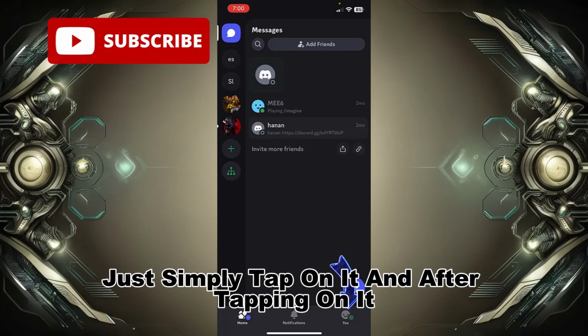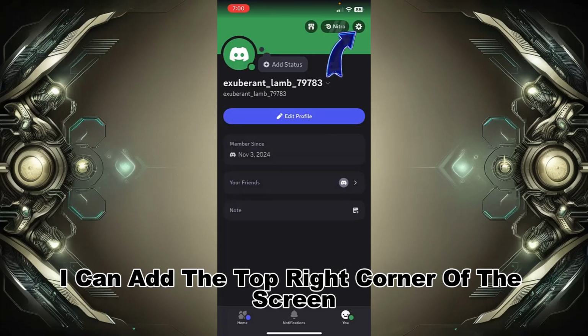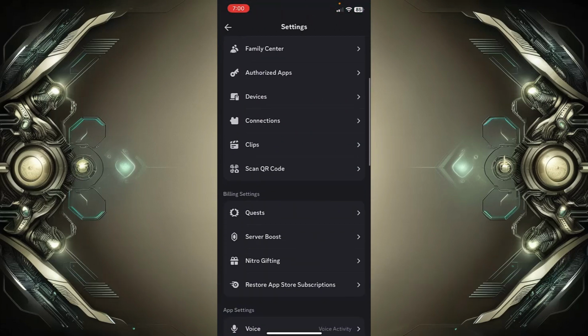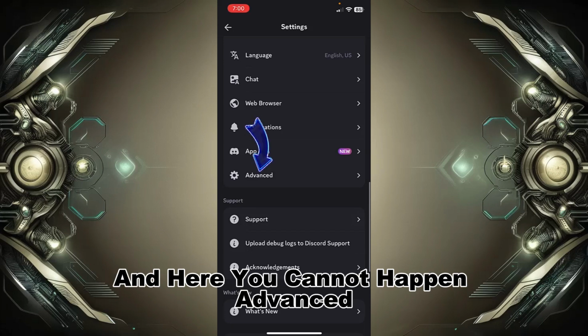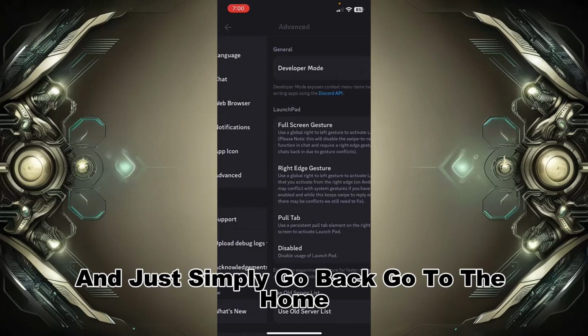Just simply tap on it, and after tapping on it, you can now go to the settings icon at the top right corner of the screen, and after this you can just simply scroll down and down, and here you can now tap on Advanced, and after this make sure that the Developer Mode option is on, and just simply go